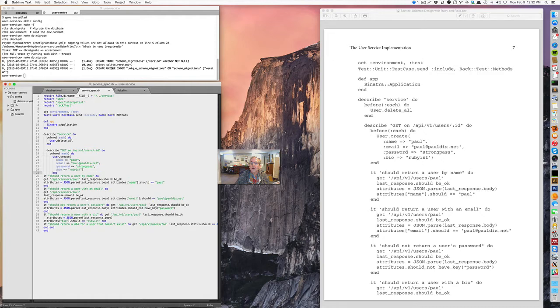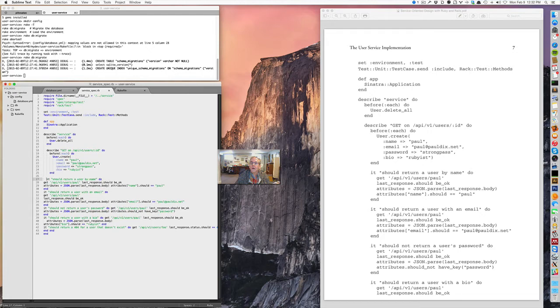and sorry, here. So this command here, user create, is a command that comes out of the ActiveRecord library, which is the object relational mapper connecting my user class to my user database. So the first thing this test does is it simply creates a user, and now it's going to see what happened. It should return a user by name. So that's the premise. It issues a get command